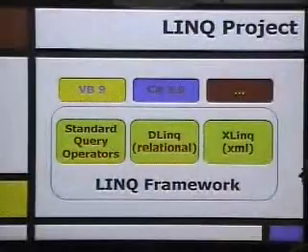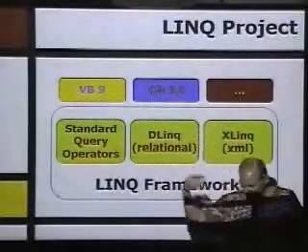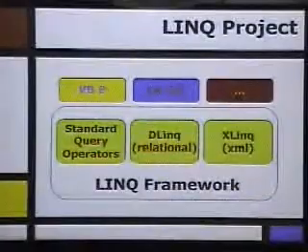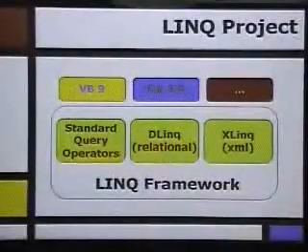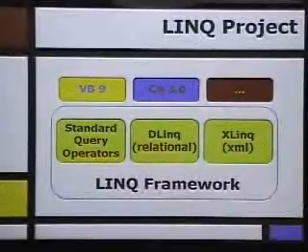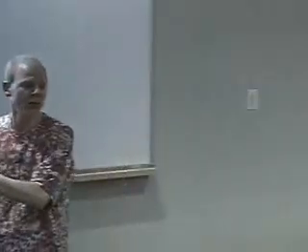Okay. So much for C omega and how it influenced the CLR at a very, very fundamental level. Let's now go to the LINQ project. So this is the continuation of that, where we are saying, look, we want to add these capabilities to the mainstream languages like C# and VB. So how do we do that? Well, if you think back of these monads, what we did there is we said we have this comprehension notation, and you translate that into standard operators.